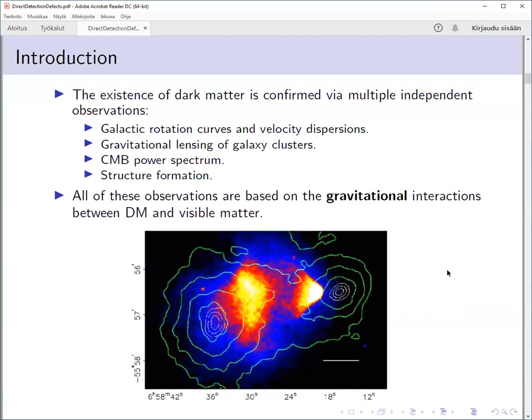Now when we look at the gravitational potential, which is shown by the green curves here, reconstructed from the gravitational lensing, the maxima of the gravitational potential seem to reside with the stars. And we know that most of the visible mass of the system is in this hydrogen gas. So if there was only visible matter in the system, the gravitational potential should follow mainly these hydrogen clouds, not the stars. But it seems to follow the stars, so it means that most of the mass in the system